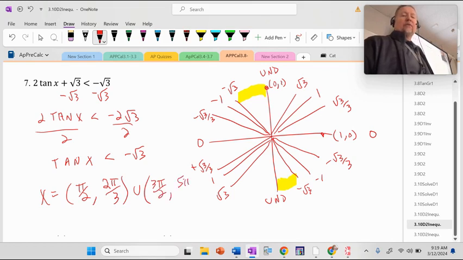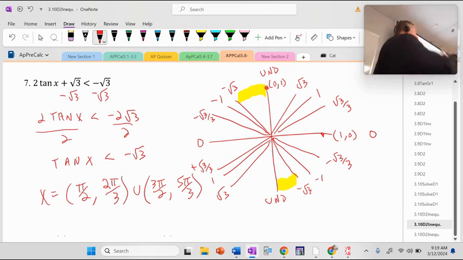I can't go back to February 1st. 5 pi over 3 is close to 6 pi over 3. I actually did that yesterday when we were doing the quizzes. Right, and then